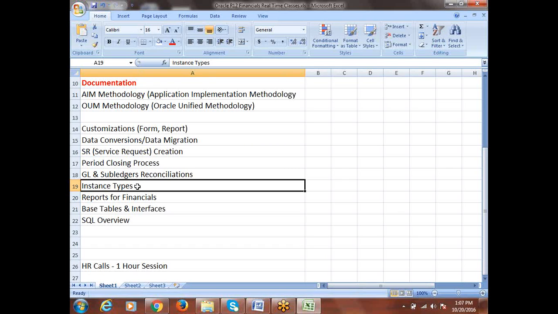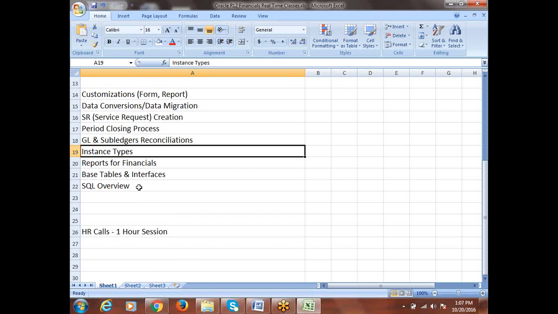Okay, what is a very general normal practice, and what is a client-specific practice when they are going to use the instances? For what purposes, with which instance what we can do, in which instance what we should not do. Okay, everything we will be discussing. And this point we already discussed.